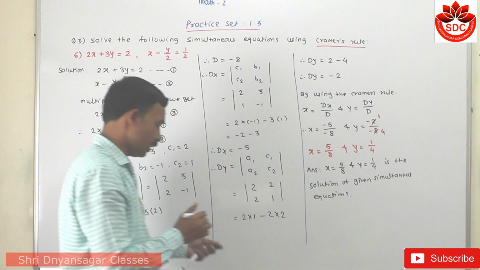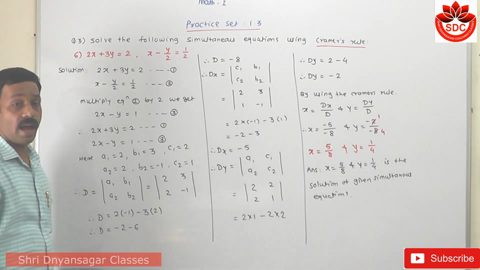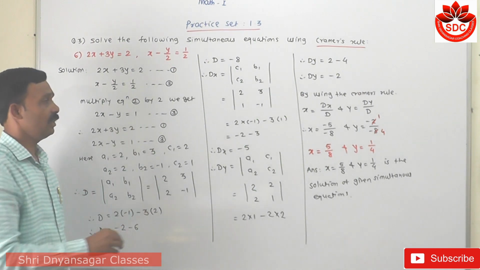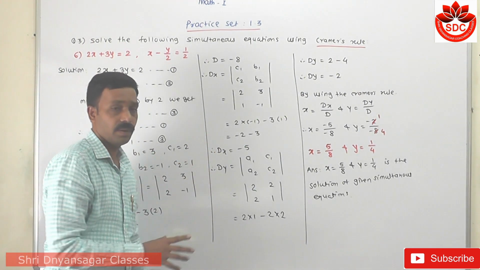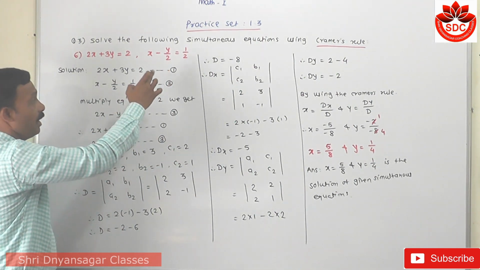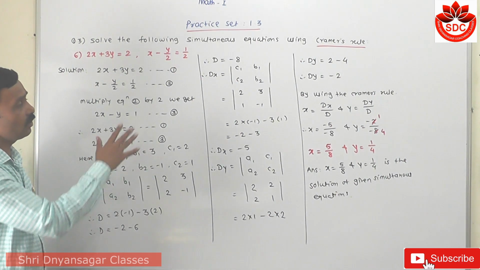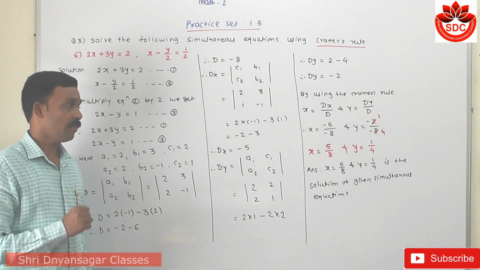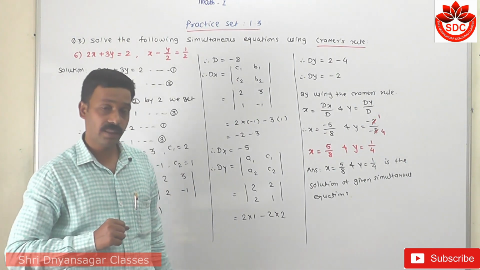Students, in this example, if you take this 1 upon 2 and 1 upon 2 as it is, then the calculation is a little bit different here, but our answer is same. But this is the simple way to remove this denominator. By taking LCM, we get the simple one equation. We use this equation to solve. Now this is the Cramer's rule method. So simple. One example can be asked in our examination.